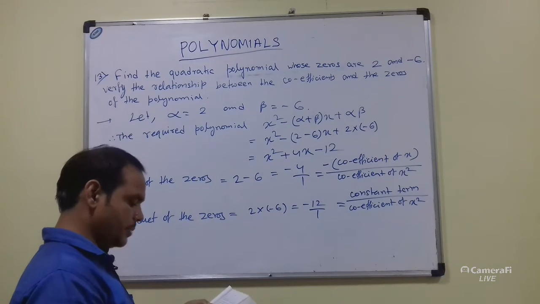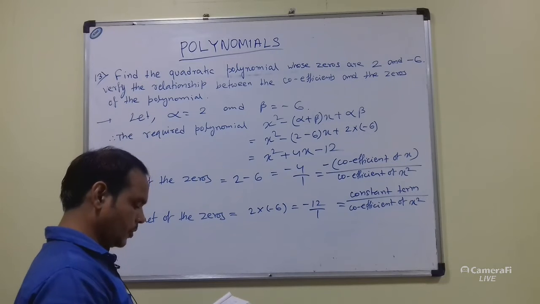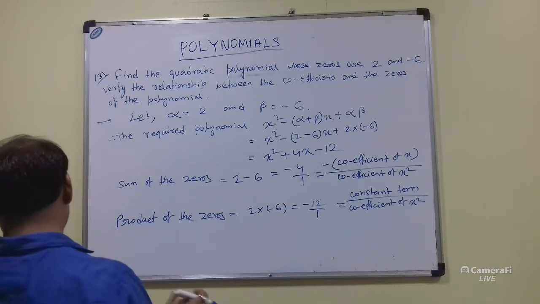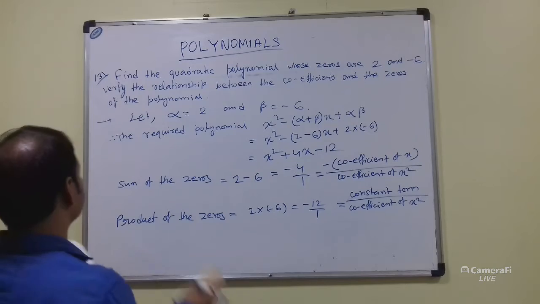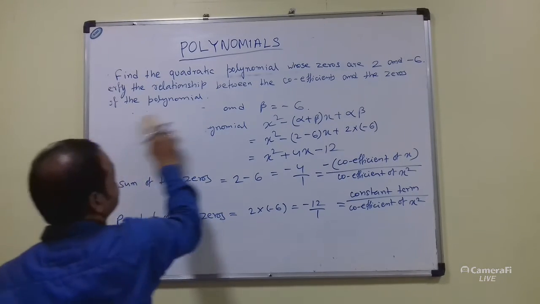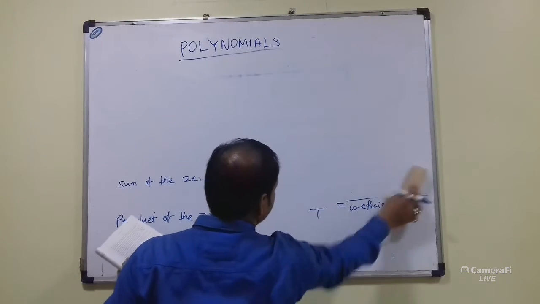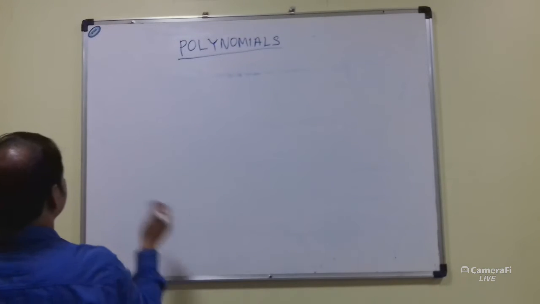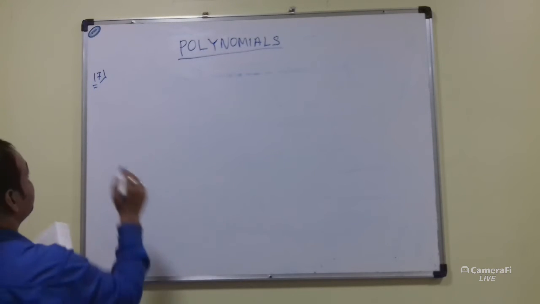Now question number 14 is same. Now I am going to show you question number 17, because 15, 16 and 17 are same, so I am going to show you question number 17. Find the quadratic polynomial